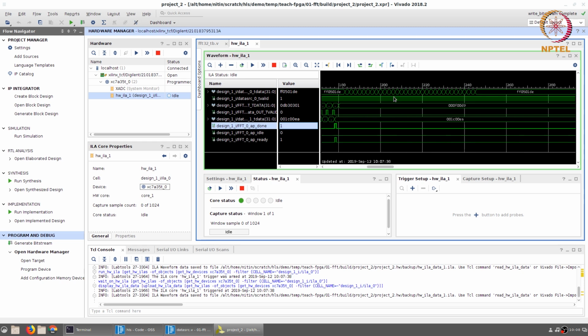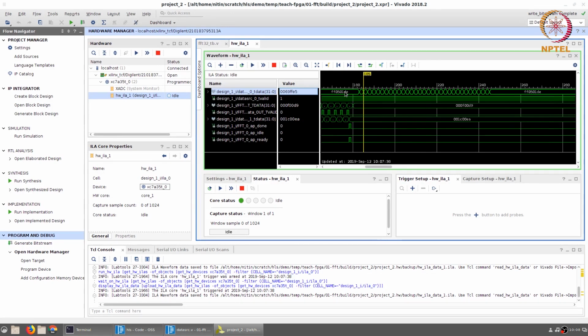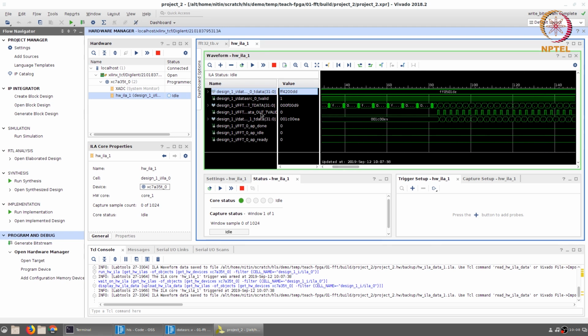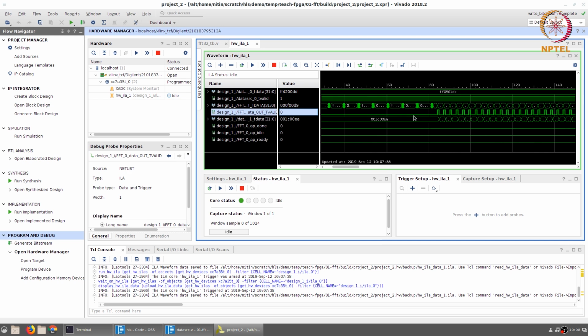If you zoom in on this region, immediately after a done signal, you will find that this is where the next set of data for the next iteration of the FFT are being read in. These values that you see on the top row correspond to the values from the input hex.mem file. On the other hand, if we look at the part where the FFT out data is valid, we can go here and corresponding to that, take a look at the value generated in FFT out data and the data source_1_t data. You can see that exactly as we saw in the case of the simulation, the values match up quite well.